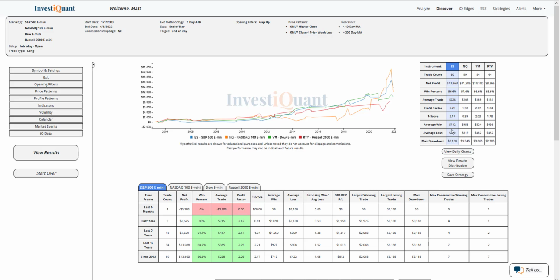If we look at the average moves, average win larger than the average loss for the S&P. That is also the case here for the NASDAQ and the Dow. The Russell is very similar in size. So all four instruments have win rates that are favored, and three of the four have bigger moves to the upside on average compared to the moves to the downside on average. So a little bit more of a bullish pattern here,